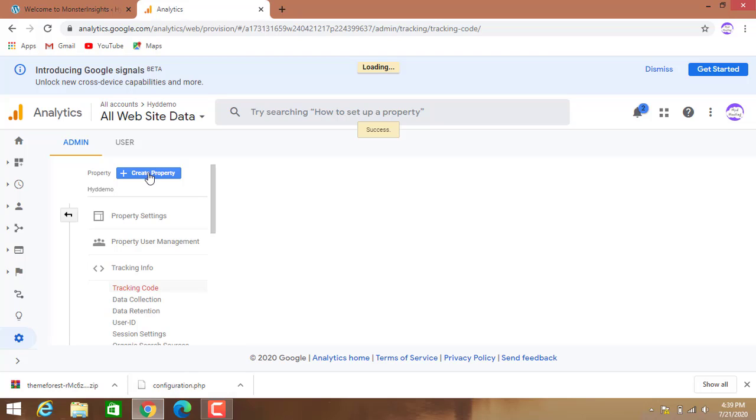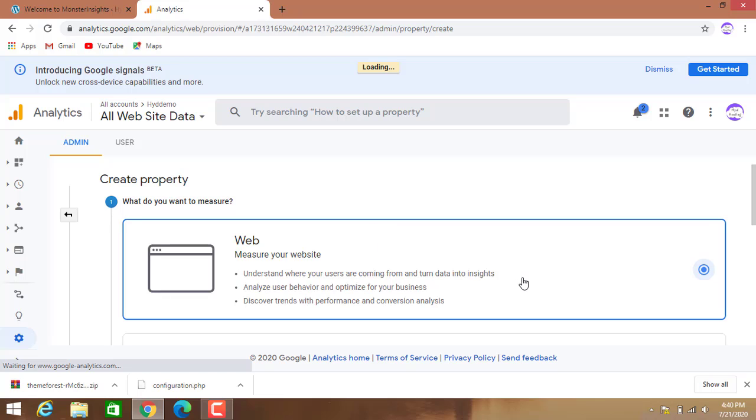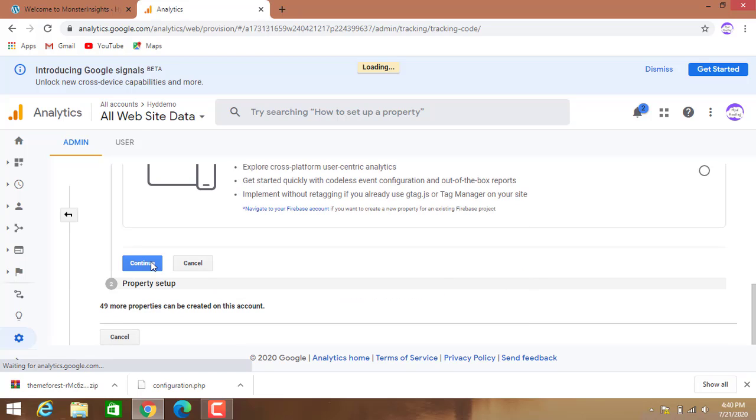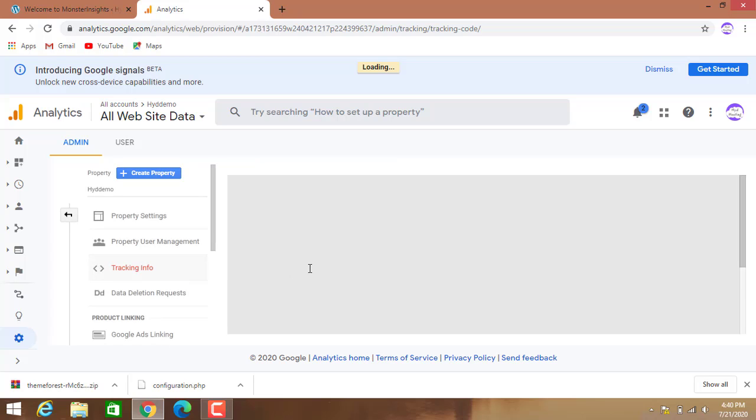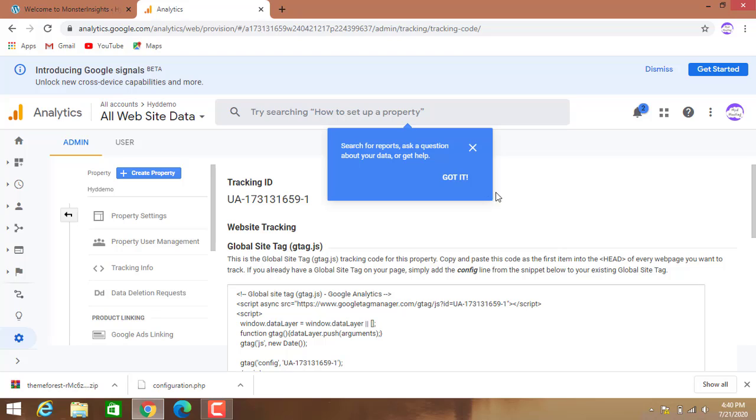Okay, we need to create a property here. Till now we have got into the Analytics dashboard. From here we are creating a property. Properties, website. Continue. Okay, it's created.